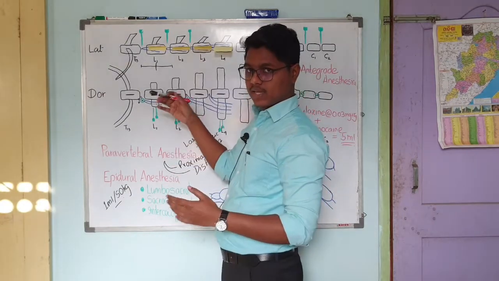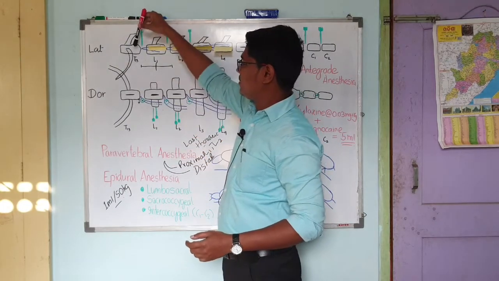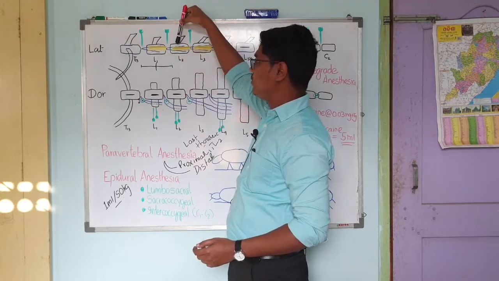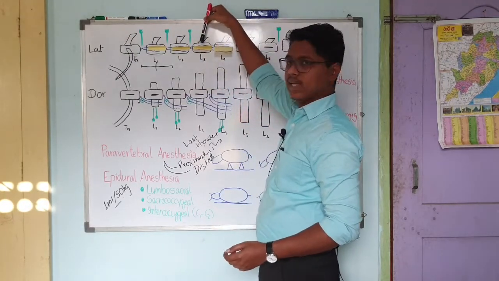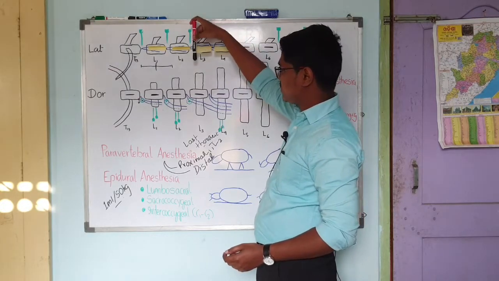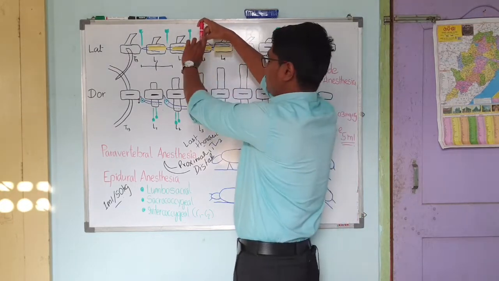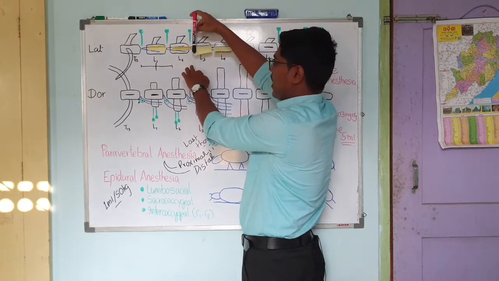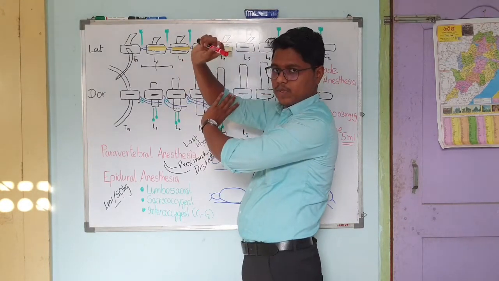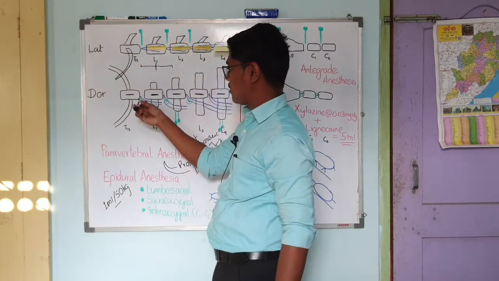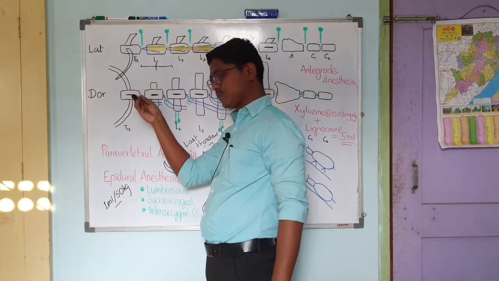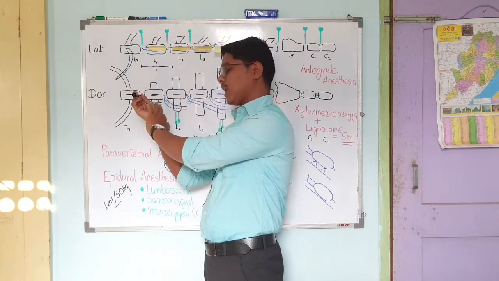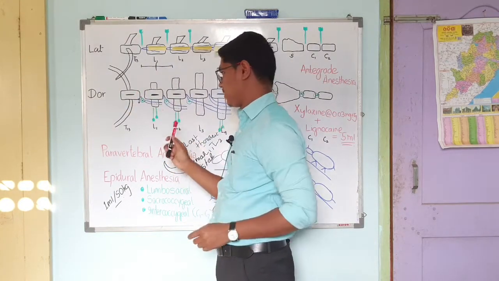Now again I will revise it. For T13, between T13 and L1. For L1, between L1 and L2. For L2, between L2 and L3. You have to deposit at a depth of whole needle length 5 ml, then at half needle length another 5 ml, total 10 ml. Here you can understand, you have to push it, and at the whole needle length deposit 5 ml, at half needle length deposit another 5 ml.